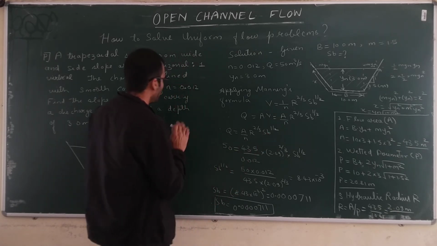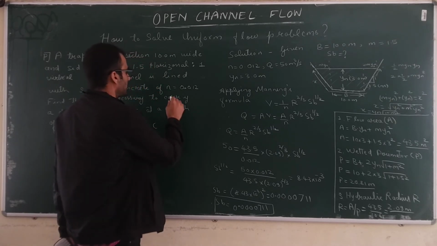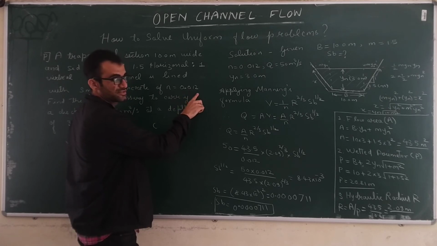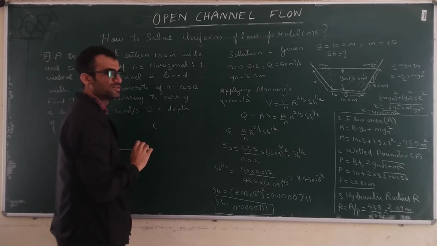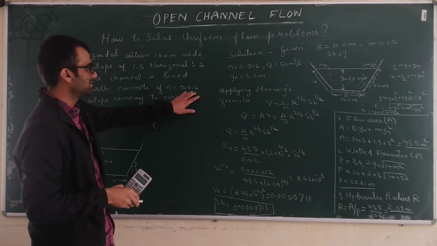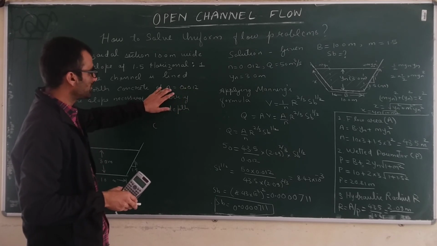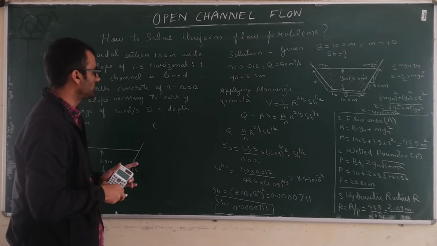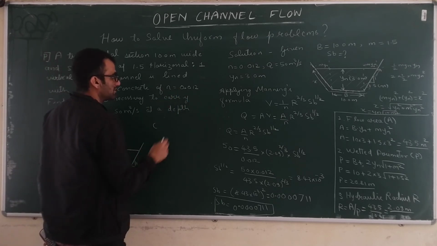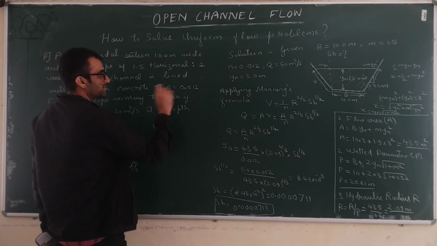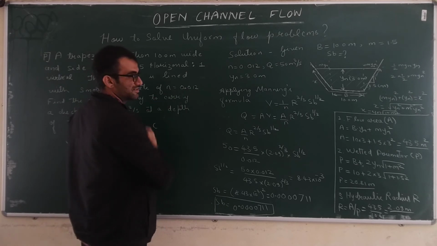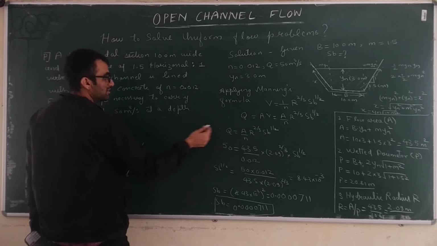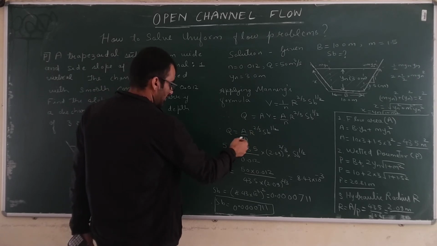One more thing we should remember is that in problems this Manning's constant is given as a constant, unitless. Basically it has a unit, but we don't necessarily write it. But remember that it is not unitless. Okay, it has some units. What units does n have? Here in the problem it is given just as a constant, without any unit, but it has a unit. What will the units be? From here itself you can calculate.